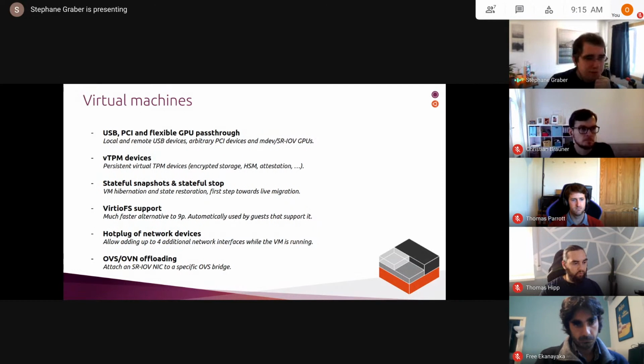And the last piece we've got for virtual machines is around improving performance for networking. Right now we do support things like SRIOV so that you can pass a VF of a very fast network card directly into a virtual machine. But that doesn't give you any ability to attach that VF to a virtual network. As it turns out, there's hardware out there that does support exactly that. It supports effectively offloading an OpenV switch or even a switch onto the card, giving you a VF that's directly tied to a bridge effectively.